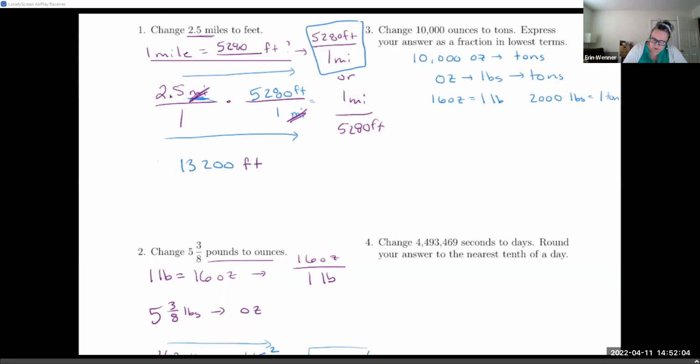Then my second conversion is going to be going from pounds to tons. So because I have pounds now, and again, we can just think about canceling these ounces out. Since my unit of measure that I have now is pounds, I'm going to put 2,000 pounds in the denominator, right? We're using this conversion factor, and 1 ton in the numerator. So if we multiply straight across,